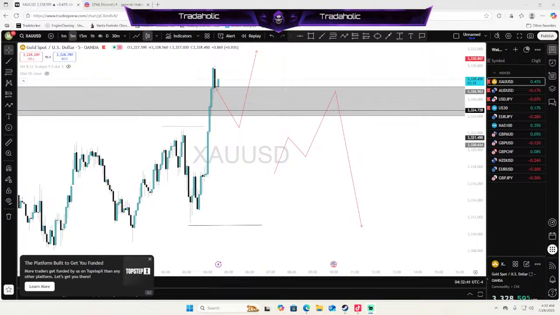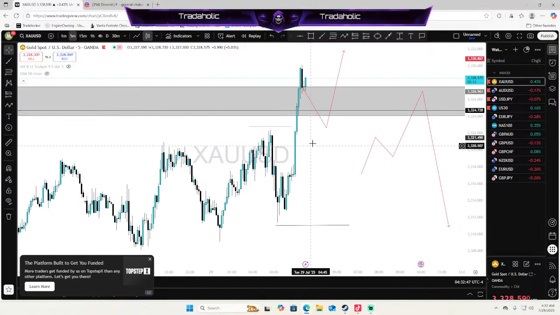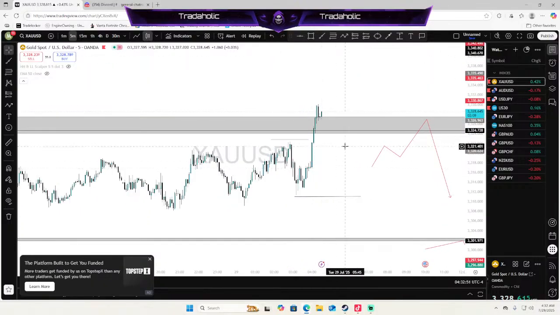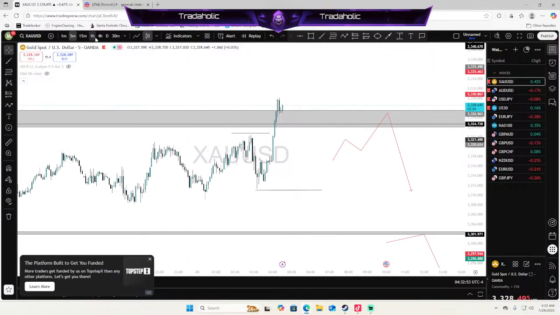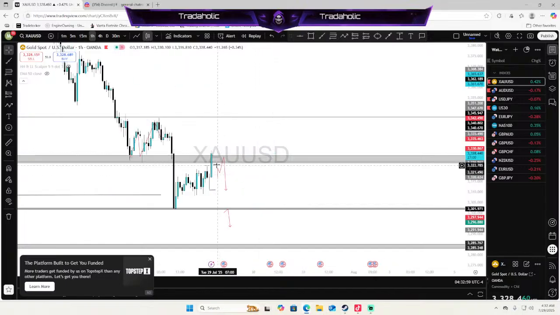Alright, same thing to YouTube chat. Y'all know what I just said. I'm waiting for sells off this area. Just need a higher high and then a new higher low, and then take that market structure shift for a trend continuation to the downside. Looking to target these lows to the left hand side, these lows down here. Buys are counter trend. That doesn't mean buys can't play out. These buys are just counter trend. So I'm looking to take sells.